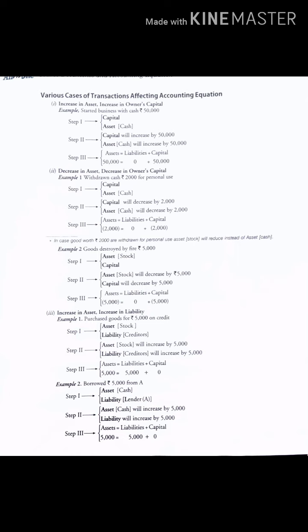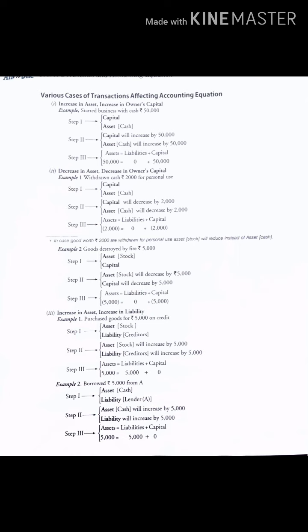Now what does this bracket show? In accounting, when you put any number in brackets, that means it is minus. Okay? Is it clear? So what you will do is put this 2000 in brackets. Why? Because it is a withdrawal. Clear? Now next, one more example of such kind we will take so that you can understand much better.